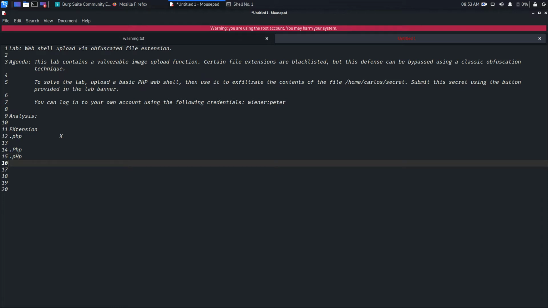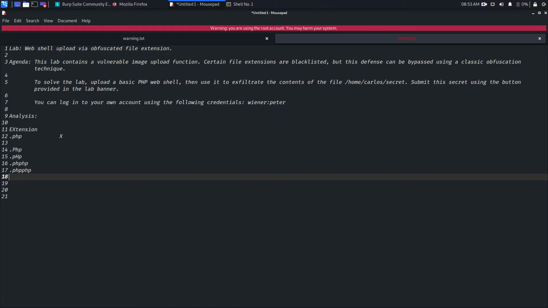You can also use other variations like this. There are a bunch of ways you can try.